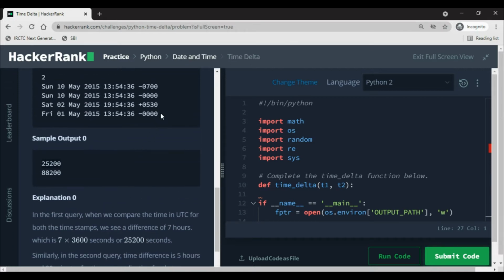In the next line, you are getting the next test case. Here you can see the difference is of 1 day. This is 2nd May, this is 1st May, and the times you can see are 19:54:36 and 13:54:36. The time zone here is plus 5 hours 30 minutes, and here the time zone is 00:00.